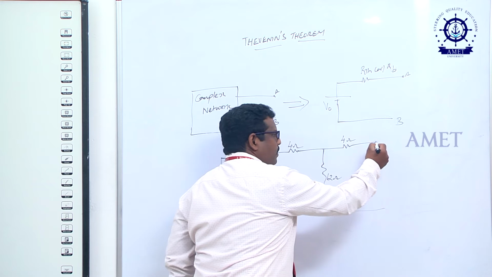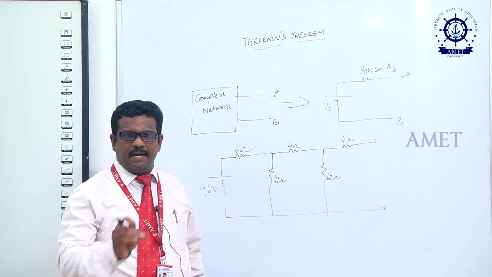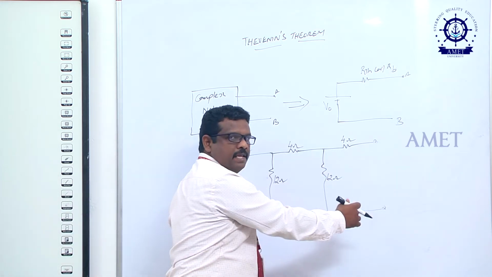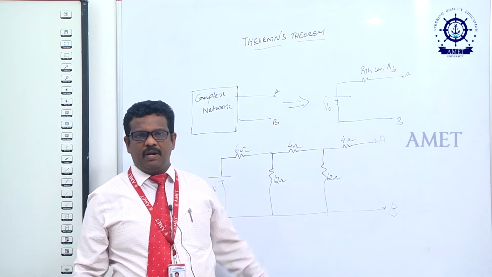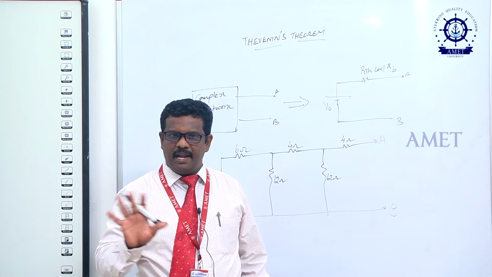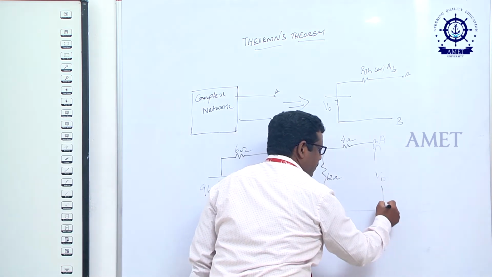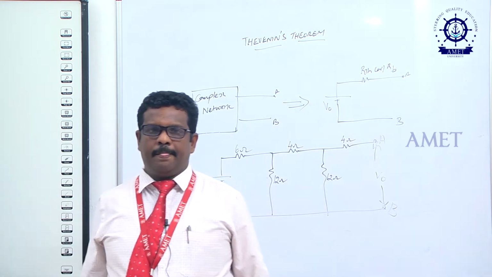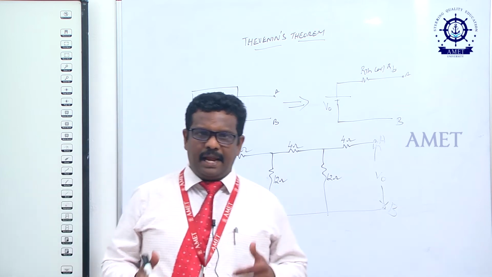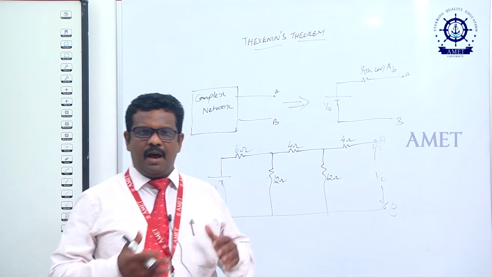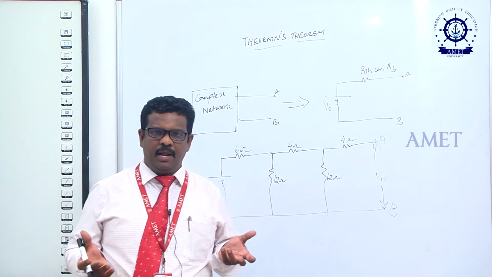If you remove the load, the terminal automatically becomes open. The voltage across the open circuit terminals, say you call them A and B, is called the open circuit voltage. Clear? How to find the open circuit voltage? It is the voltage across this terminal. You can find it by any method, either the source transformation method, the series parallel combination method, the star delta method, or any other method you can apply.